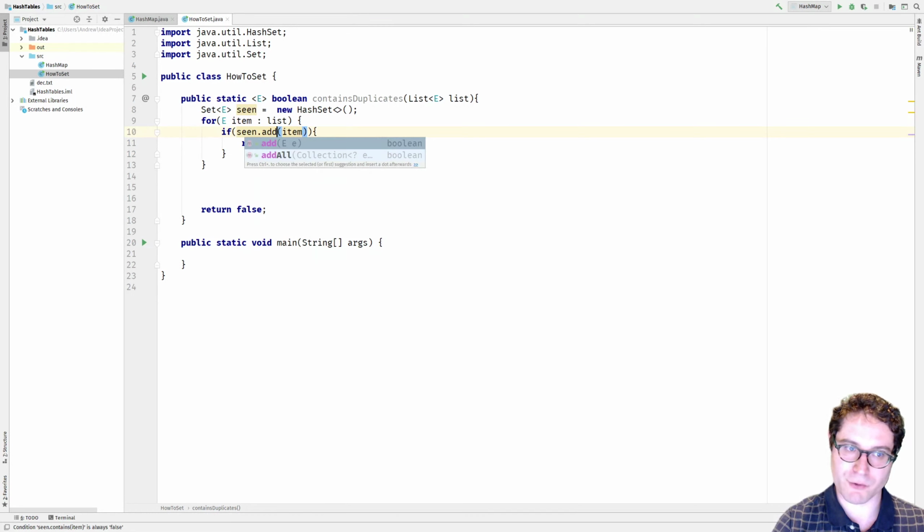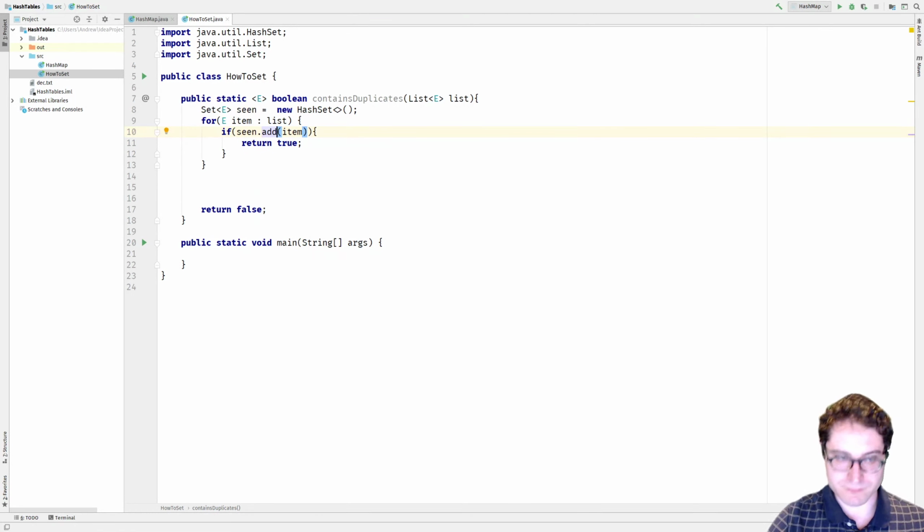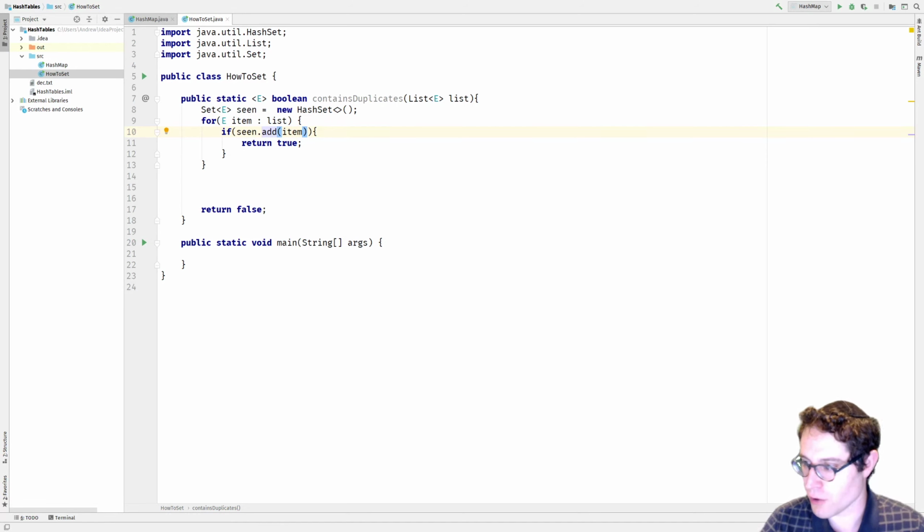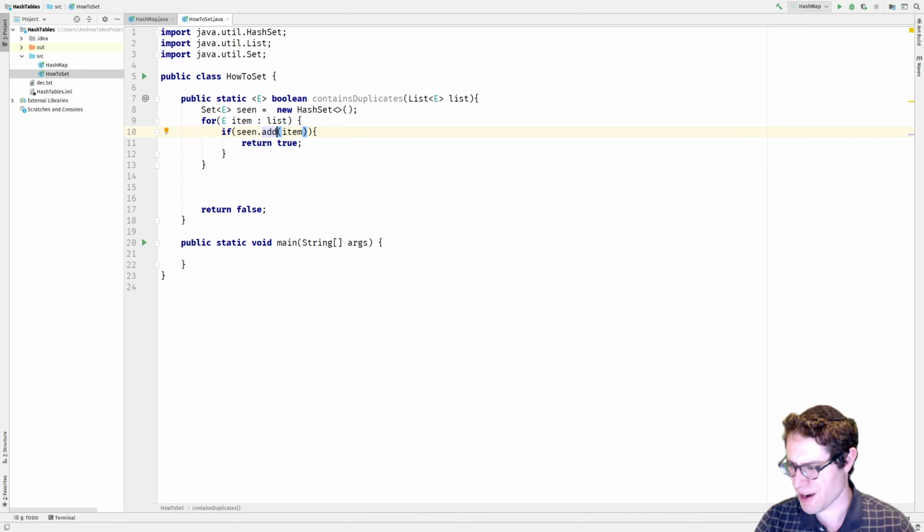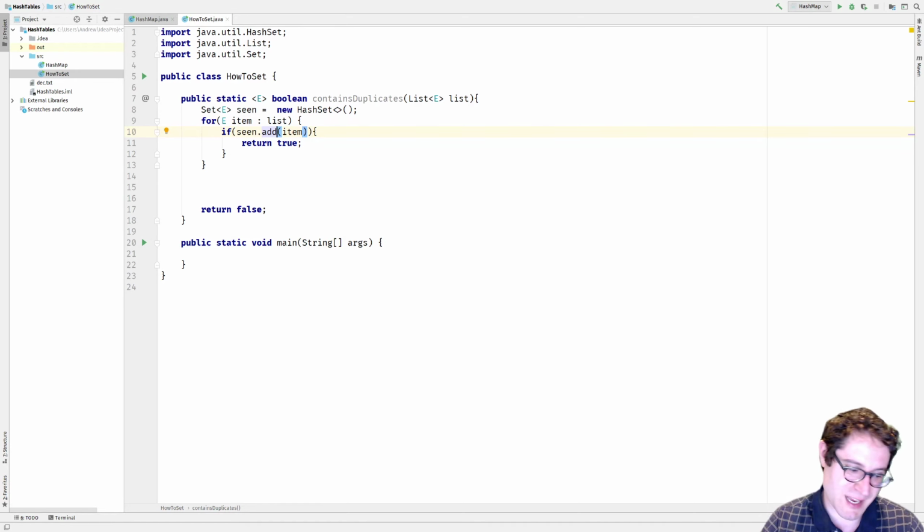Attempt to add the item, of course. Also a constant time operation. Remember, add, contains and remove, all the operations here that deal with a single item, take constant time. All those other operations I should have mentioned, addAll, removeAll, they take O of n time, or they take however many items we need to, or they take O of, let's call it M items, where M is the number of items we are adding to the set or removing from the set or checking if they're in the set. Okay, so